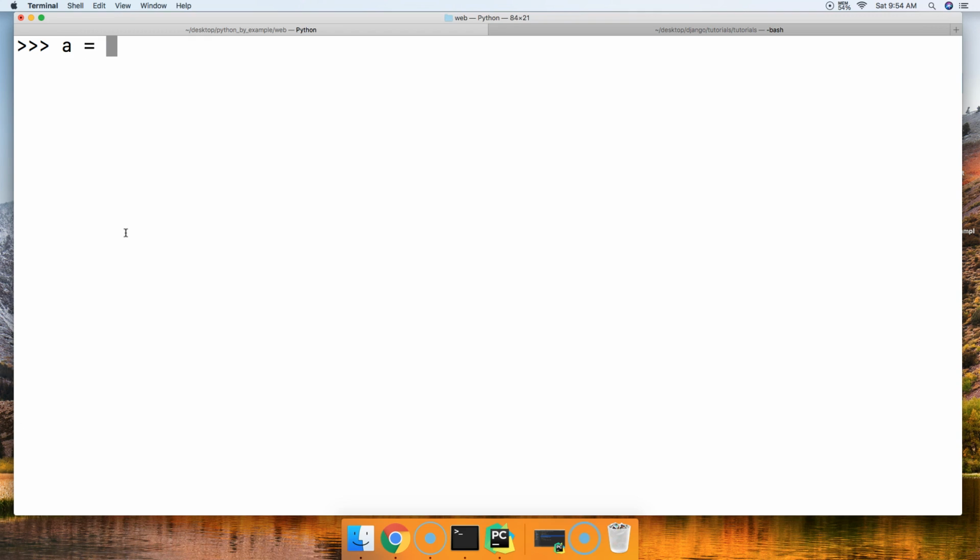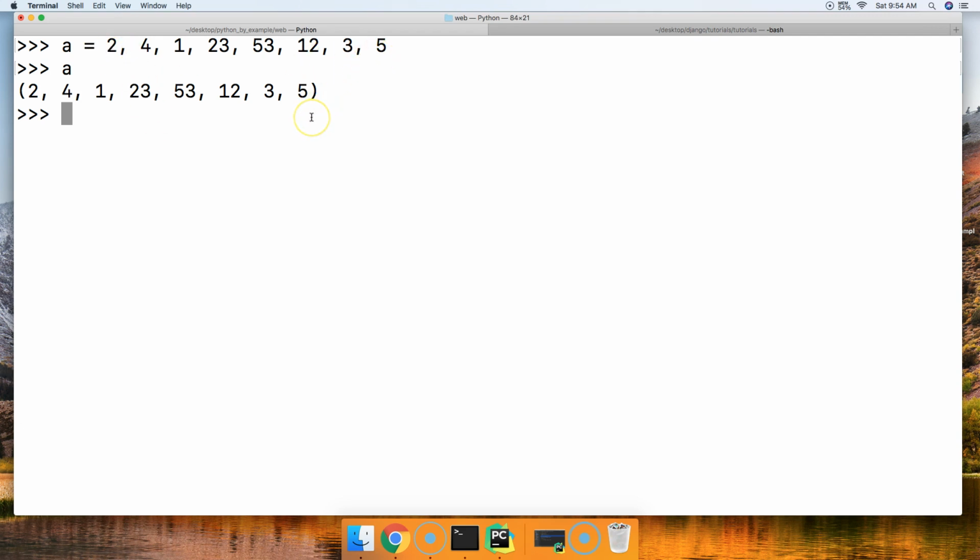Let's do A is equal to 2, 4, 1, 23, 53, 12, 3, and 5. All right, there's our tuple. I forgot the parentheses when we started writing that, but that still works because that's a valid way to write a tuple. Now we're going to call the sorted built-in function, so sorted, and we're going to pass A,